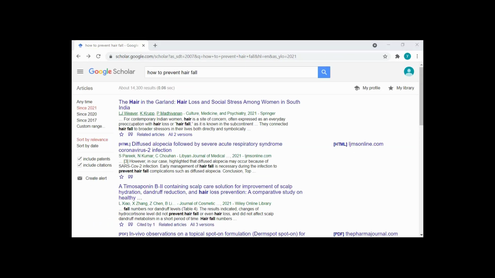And one thing here is all the search tricks which we have seen with Google search, like searching with and, searching with or, exact search, everything you can use in Google Scholar. Let us say now I want to look for the articles which are quoting exact how to prevent hair fall phrase. Currently you can see that everything is distributed. It is searching with hair as a separate keyword, fall as a separate keyword, and you are seeing it here. See the first search result. But let us say I want to target those articles which are exactly having this phrase, then you can put it in quotes,